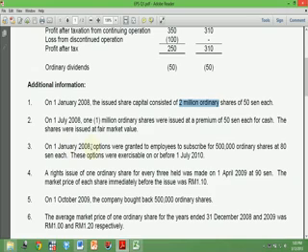On 1st January 2008, options were granted to employees to subscribe 500,000 ordinary shares at 80 cents each, meaning at a discount. These options were exercisable on or before 1st July 2008. So this information about 500,000 ordinary shares will be used to calculate the weighted average number of ordinary shares